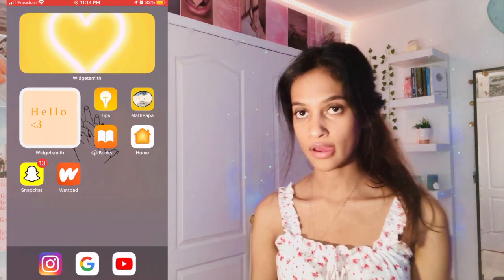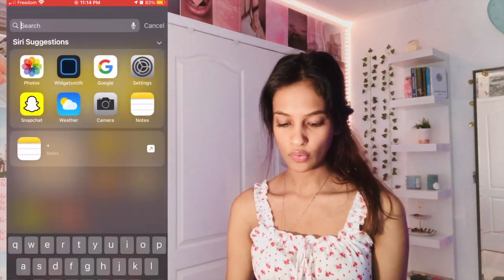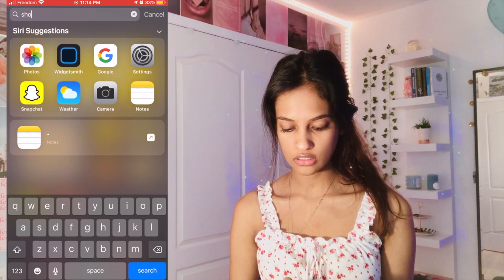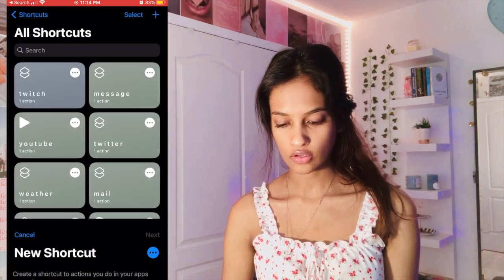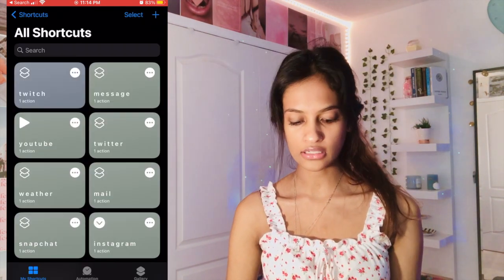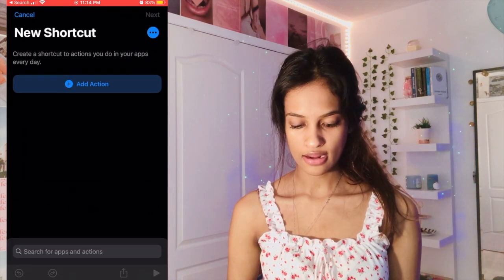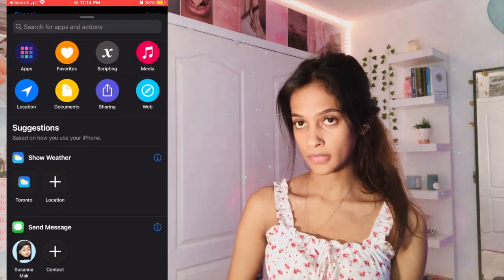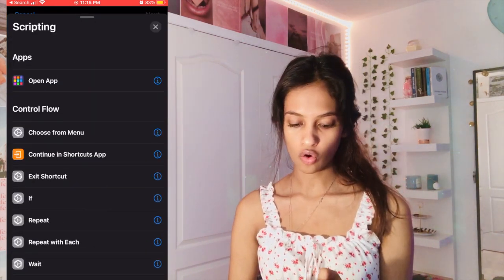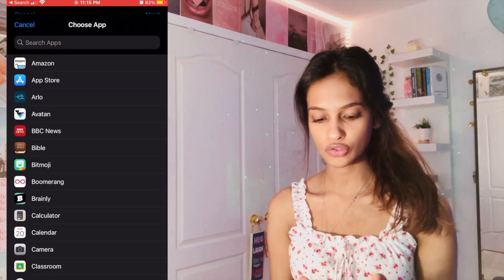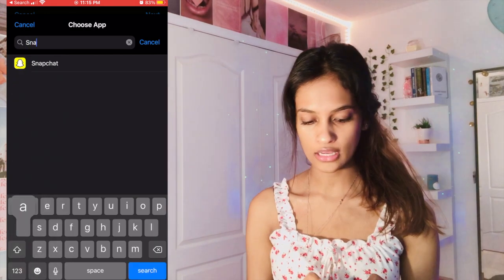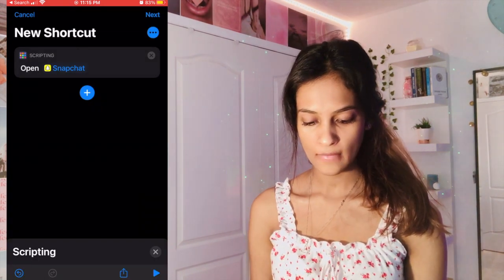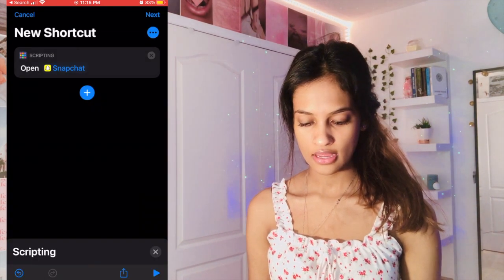So now that I have my images, I am going to shortcuts. So type in shortcuts. You might have to download it if you don't have it already. I had to download it. Okay, so now I want you guys to click the little plus in the top right corner and then add action and then go to scripting and then open app. Choose, select choose, and then type in the app that you want. So in this case, I'm going to type in Snapchat,